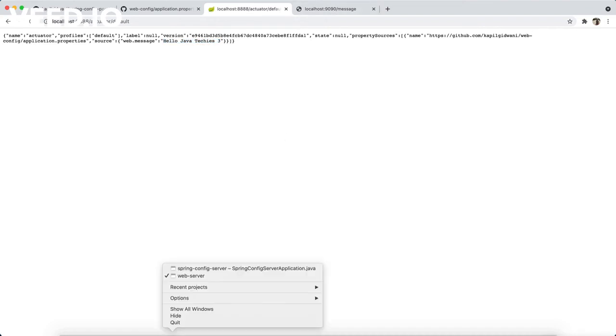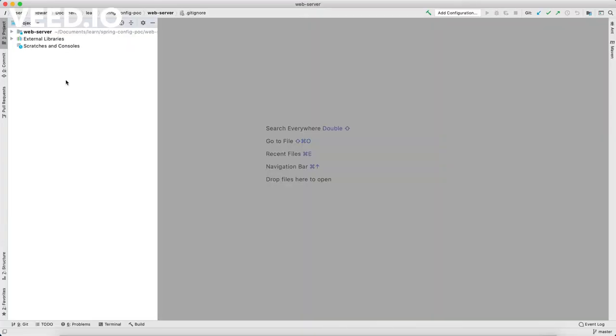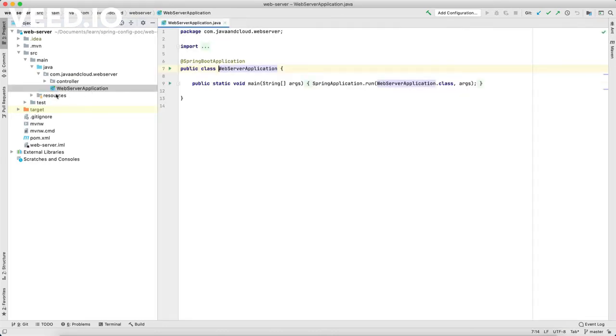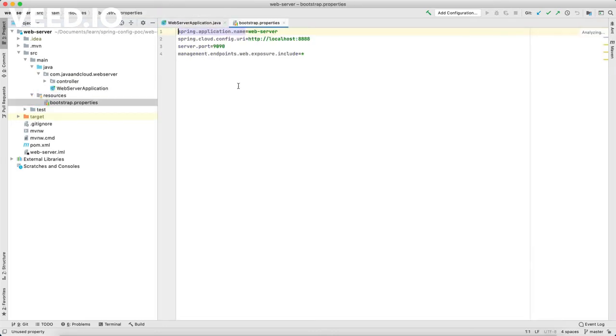Now let's run the web server. This is a simple Spring Boot application, and in the bootstrap properties or application properties of the web server, we are fetching the properties from the config server, which is deployed at port 8888.